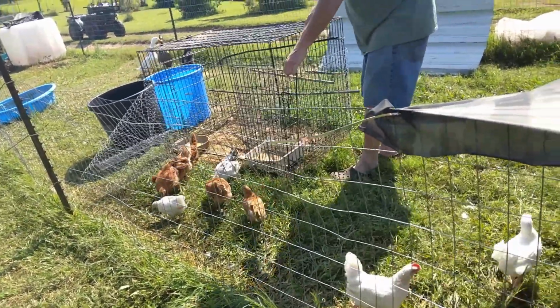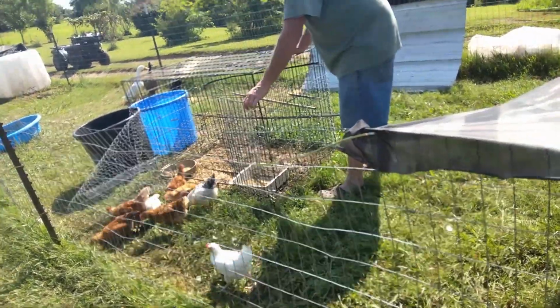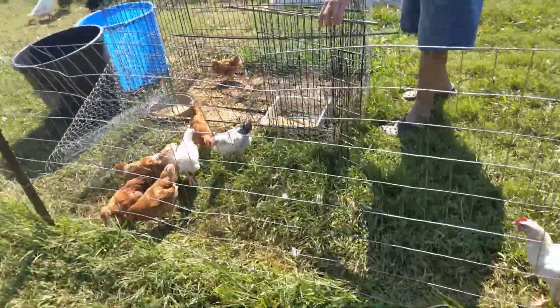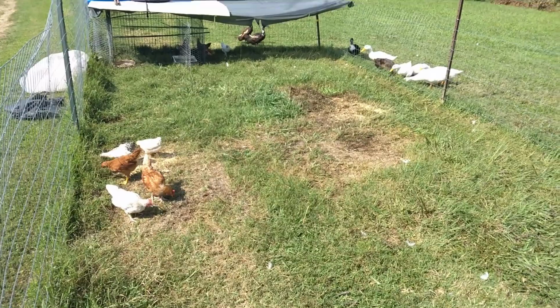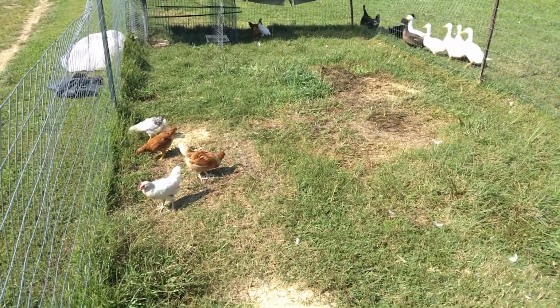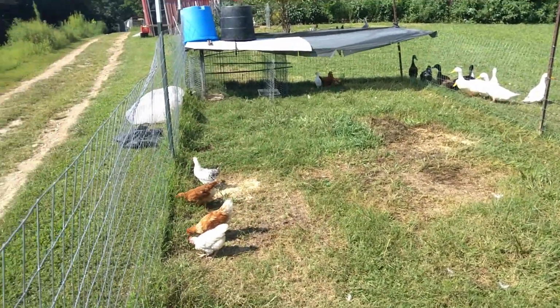You gonna leave them in here? Or you gonna let them out with all the chickens? Oh. I need to come in here and help me. I need to swing it to get up there. Need to get water in it. We're gonna have to haul it from the house, or you still got some in the...